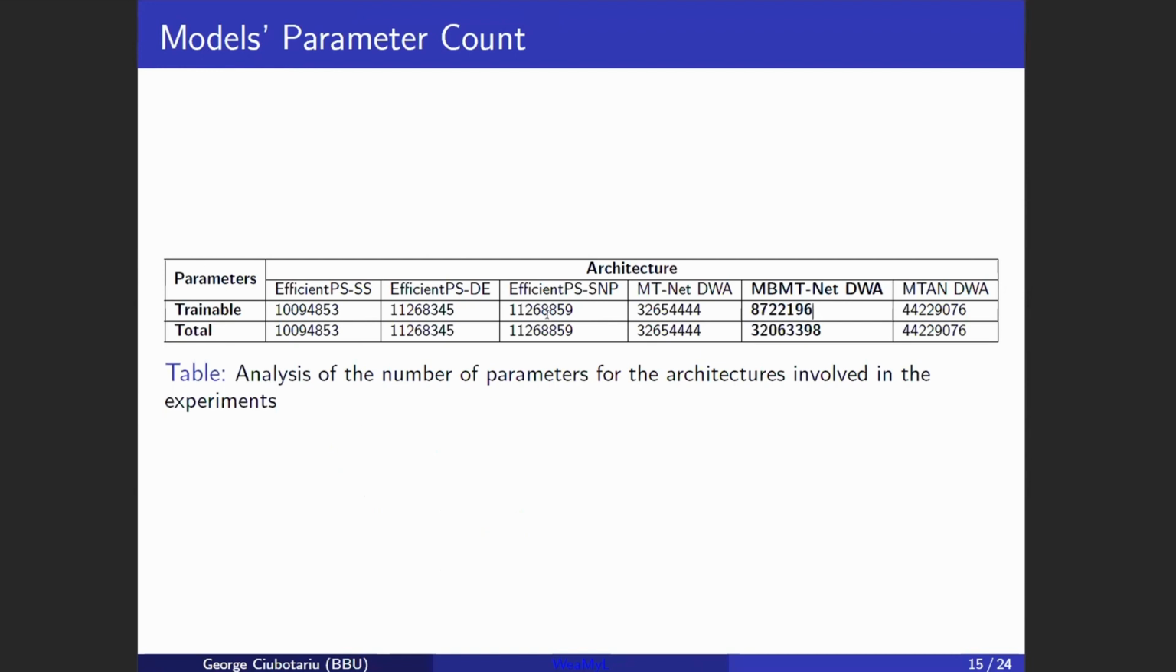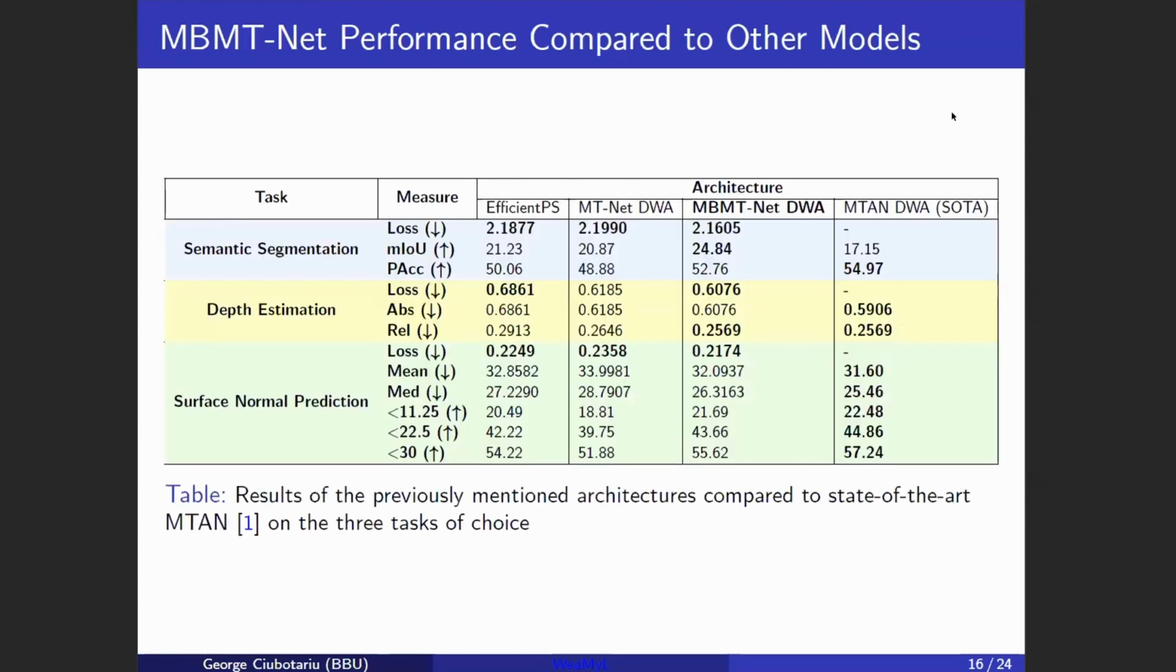And regarding the total number of parameters, it is a little bit lower than the multitask network, and still a lot lower than the multitask network, which is the state of the art. And here is the performance compared to the rest of the models. As you can see, the MBMT network